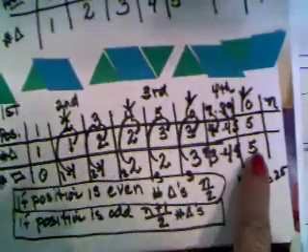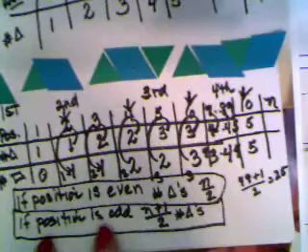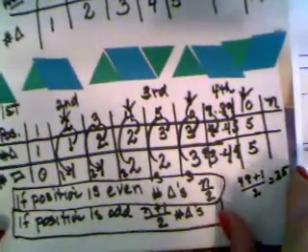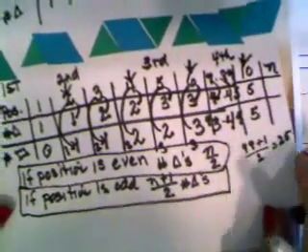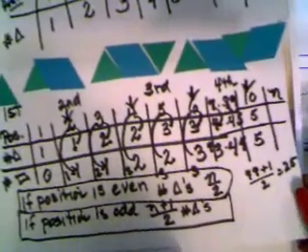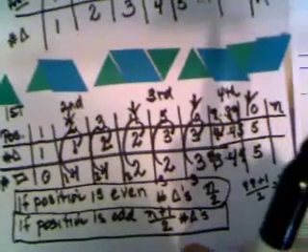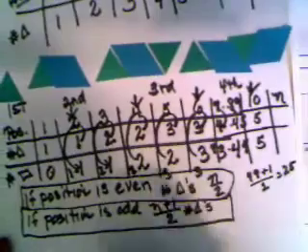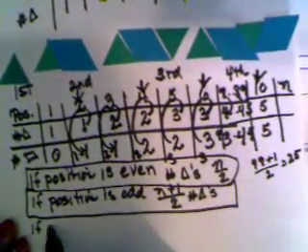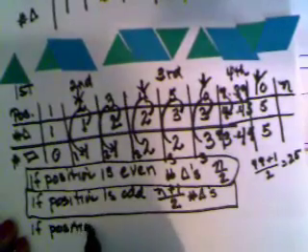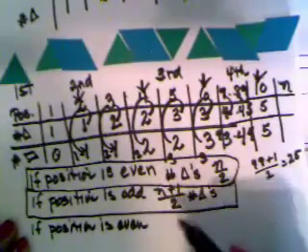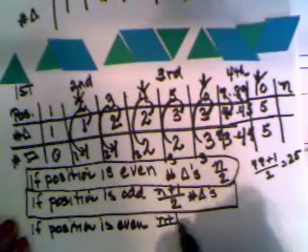So again, we're using the counting numbers just like we did with the triangles. So now I can say if the position is even, I would take 1 more